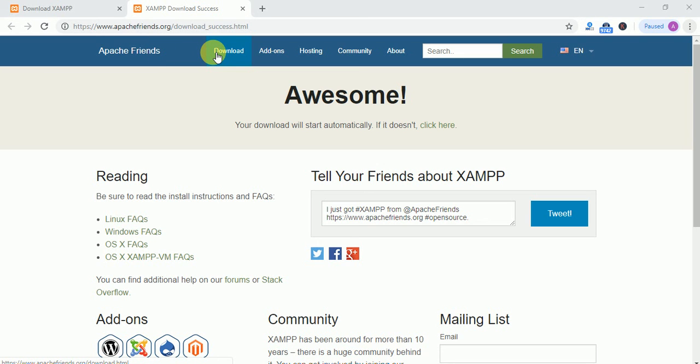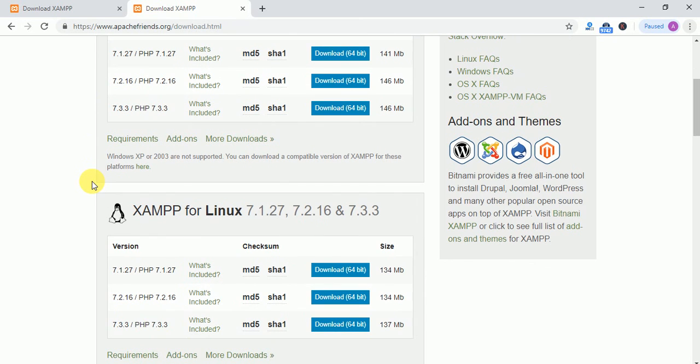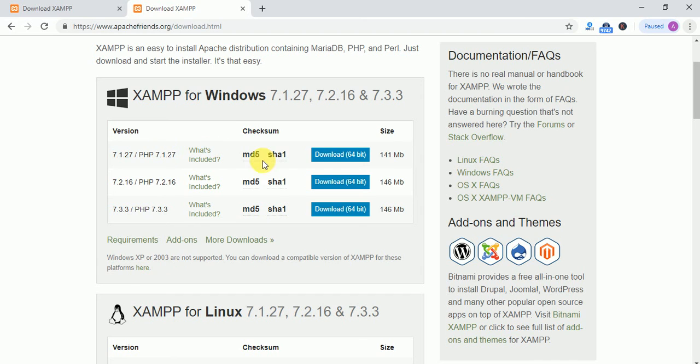for download. You just need to click on download here, and you will have options for downloading Xampp for Windows, and the second option is Xampp for Linux. So if you're using Windows, then we will go with Xampp for Windows. If you're using Linux, then we have to download Xampp for Linux. In my case, I'm using Windows 10, so we're going to use